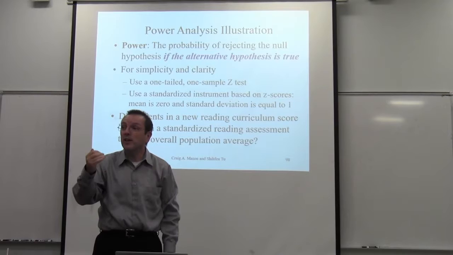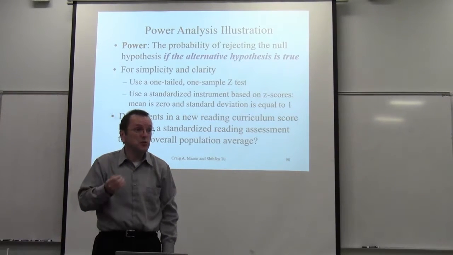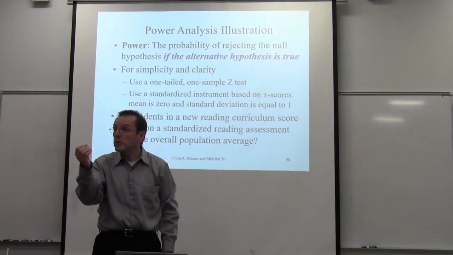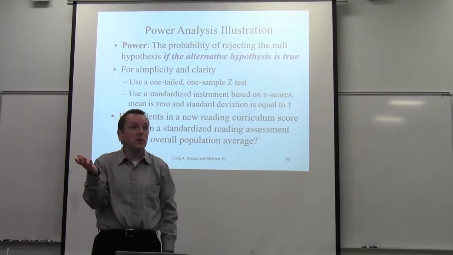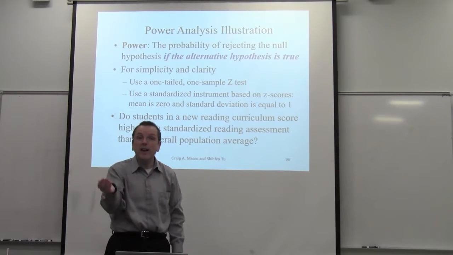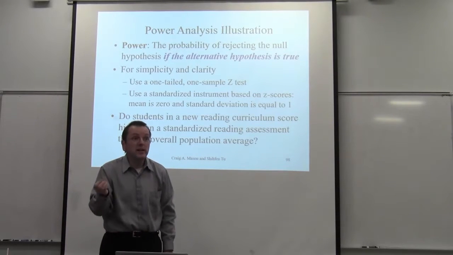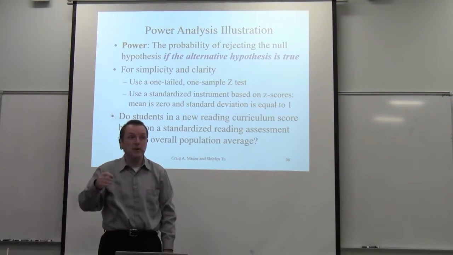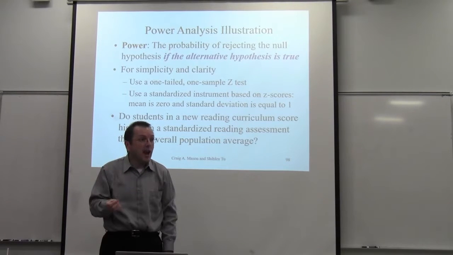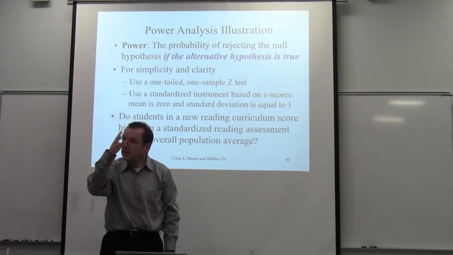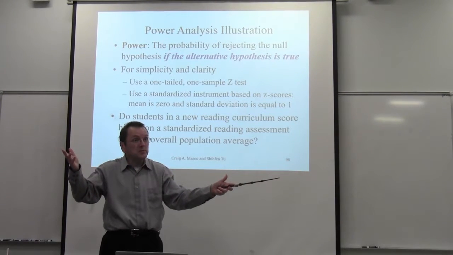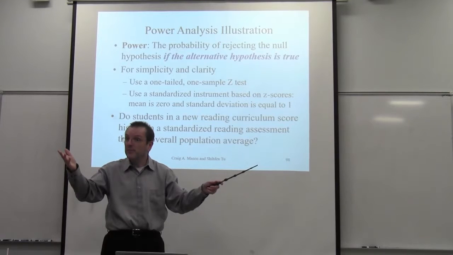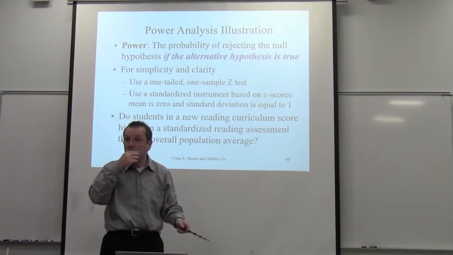It answers the question of, if the alternative hypothesis is true, if what you think is going to happen is really going to happen, what's the chance you're going to be able to reject the null? What's the chance you're going to know it? If I'm doing an intervention, and my intervention really does work, really does help kids read better, what's the chance that the data will allow me to reject the null hypothesis and conclude that the intervention works? You don't want to do an intervention and not be able to conclude that it works,